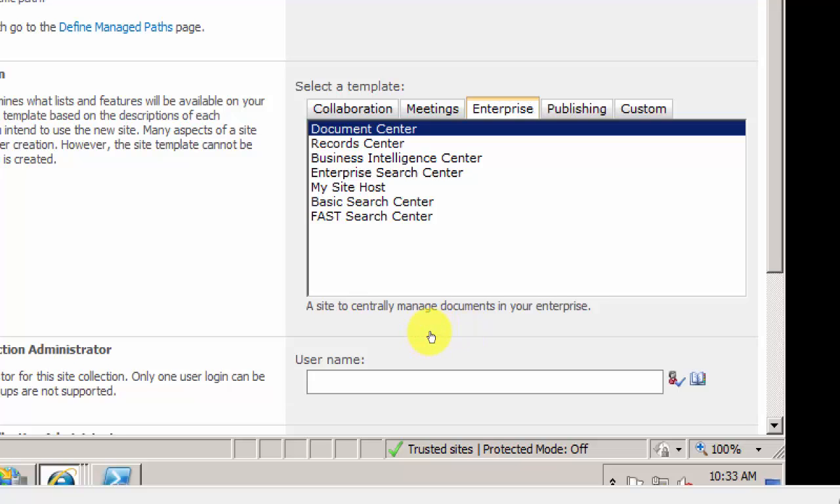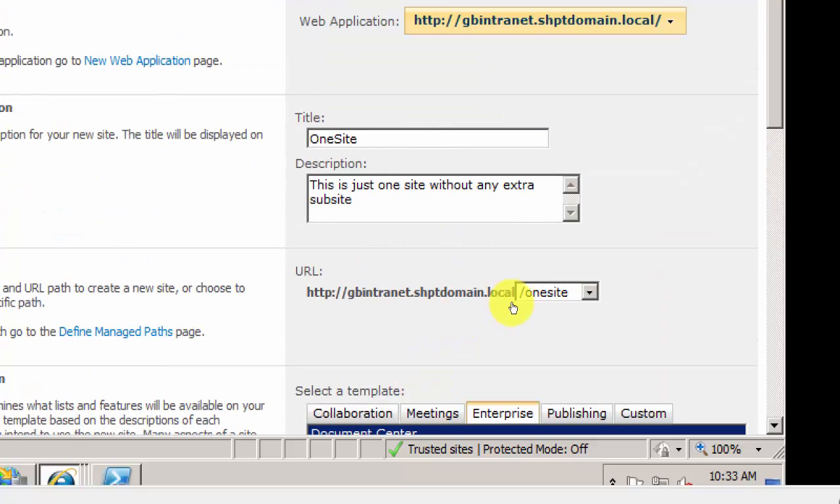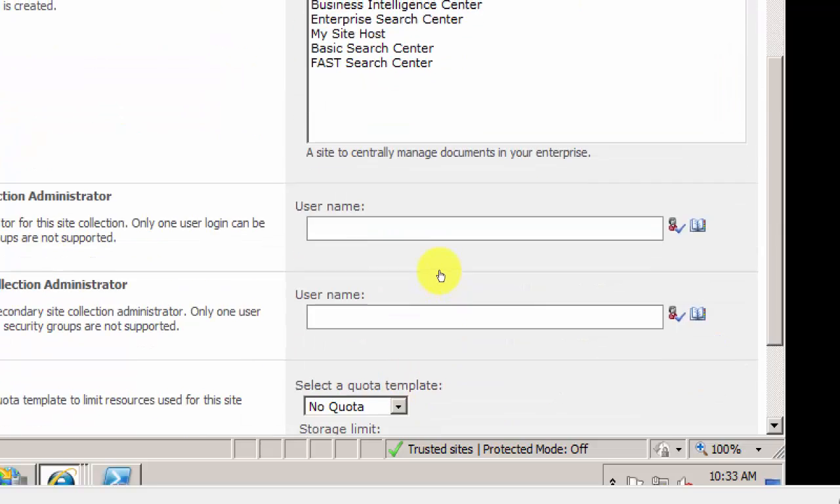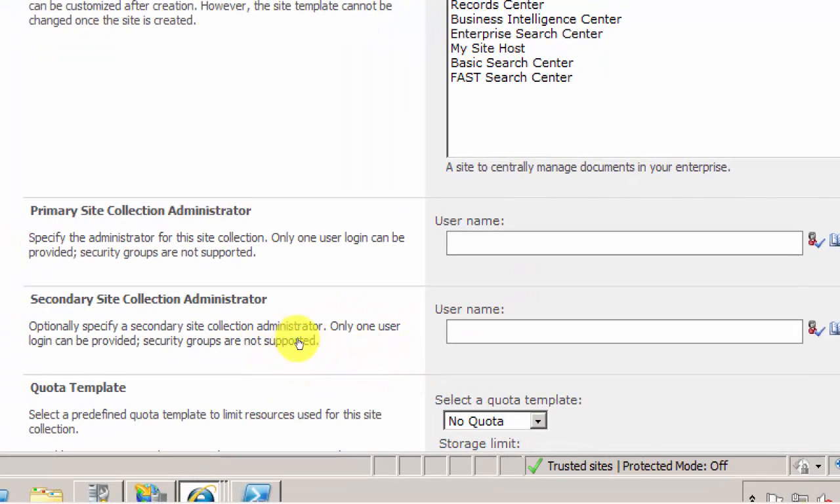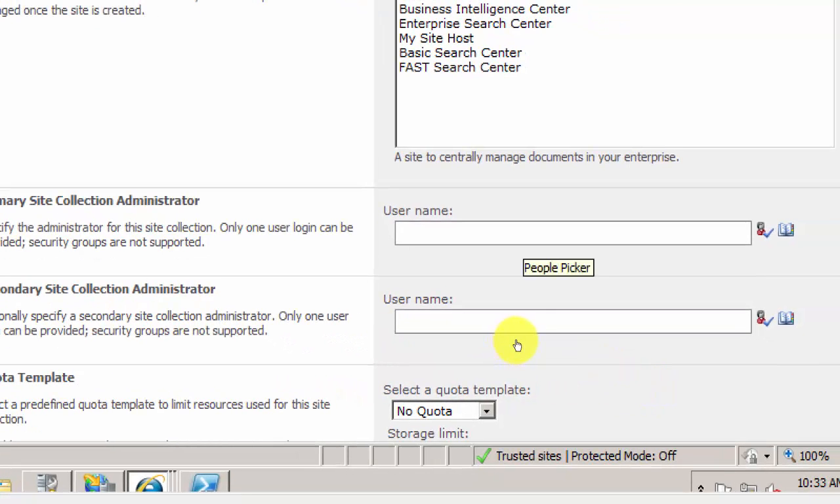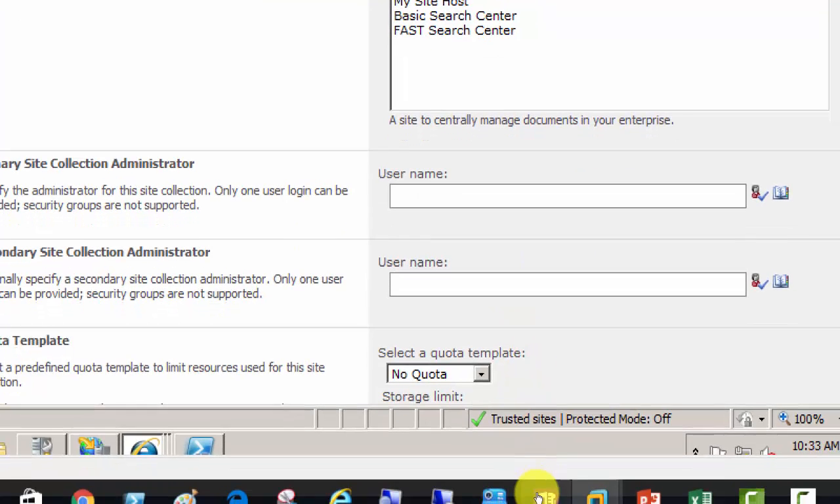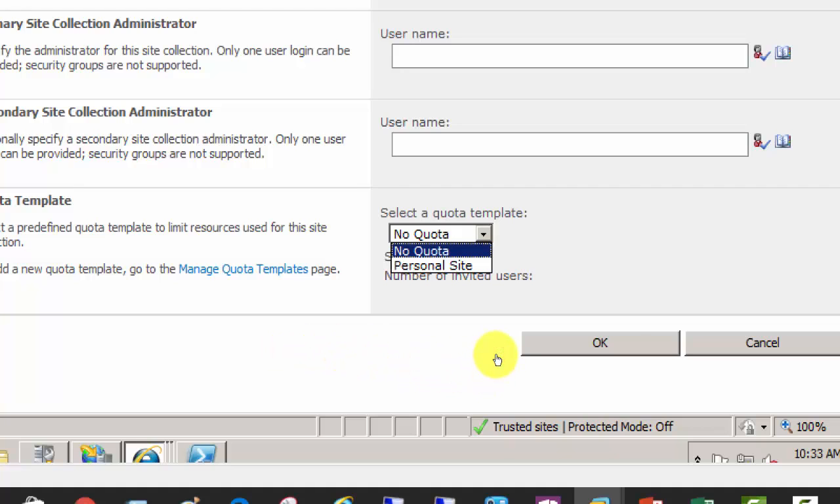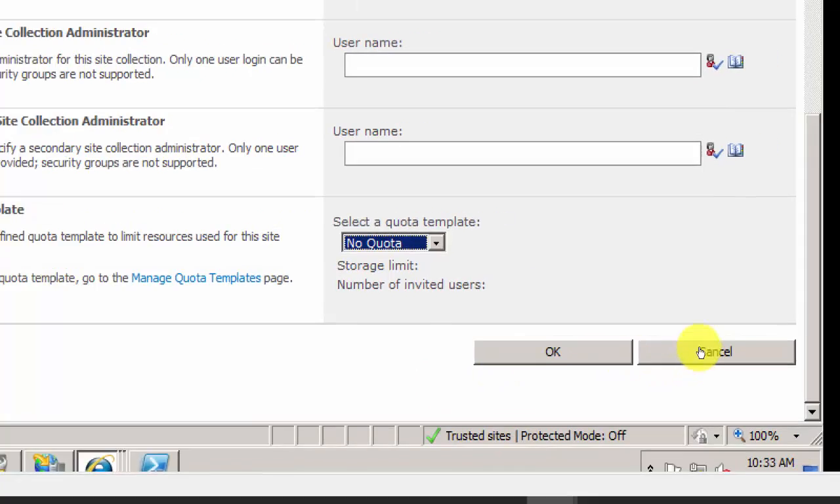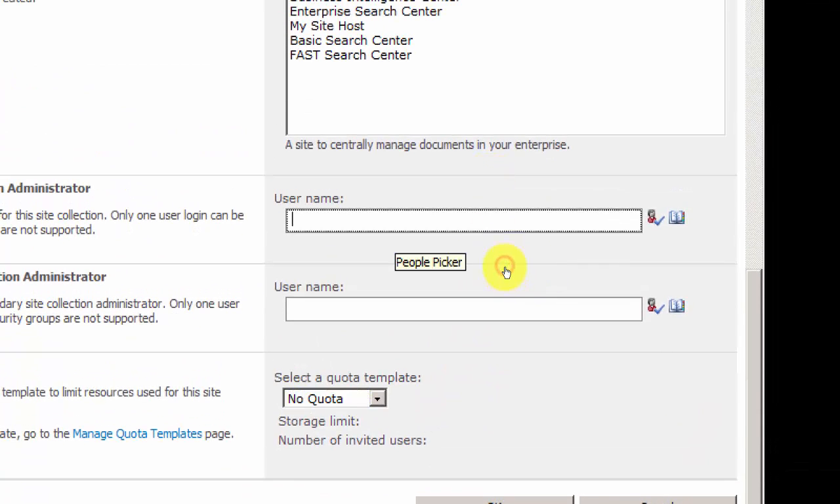Now it's asking one more thing. So till now, one site, and we selected that. Enterprise template is this, document center, you can select anything actually. But it's going to ask, do you have a primary site collection administrator and secondary site collection administrator? We have to provide that. If I go down here, quotas as well, we can just put quotas here. It's not a personal site, it's an enterprise site. We haven't created any quota templates here, but we can, and we will try to visit that area now. So I'm just going to quickly put those two users,